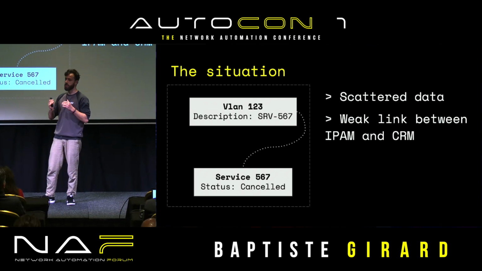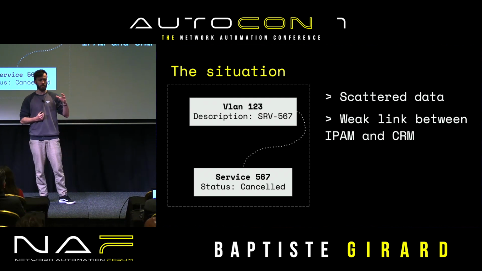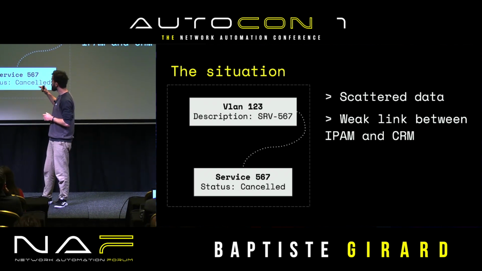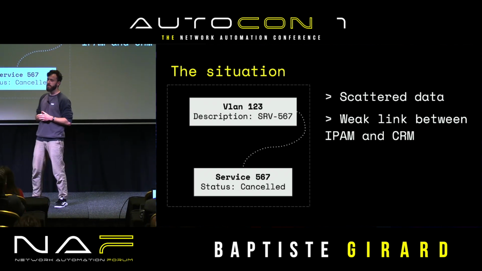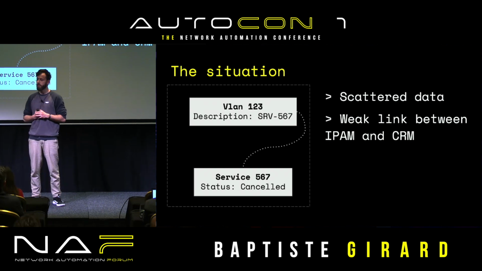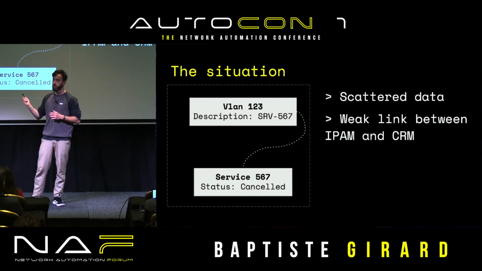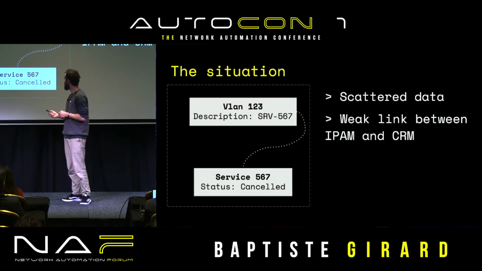So there, we tried to build some reports on top of that. As you can imagine, there are a lot of steps: getting all these VLANs, getting the description, and hoping there is something that looks like a service ID inside it. Then we can query the CRM and get the service status we are looking for, and so we have our answer to the question: do we have any VLAN related to a service which is canceled, for instance? It doesn't scale well and is really difficult to develop.